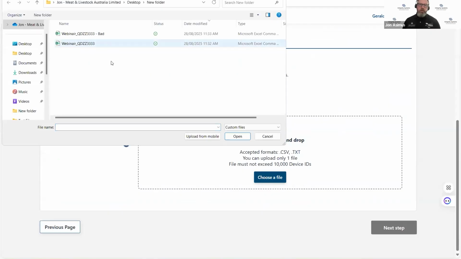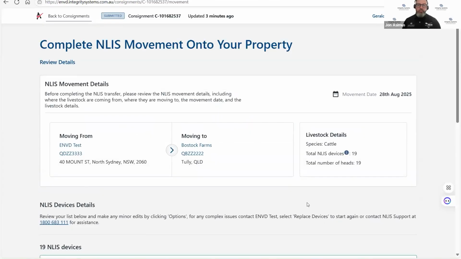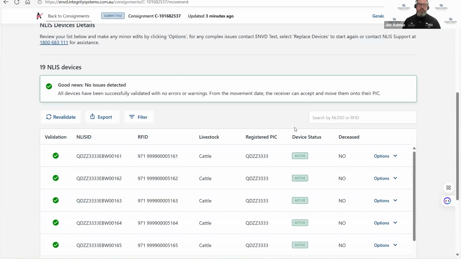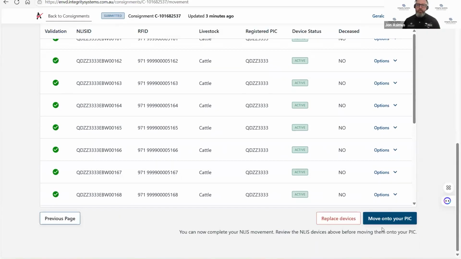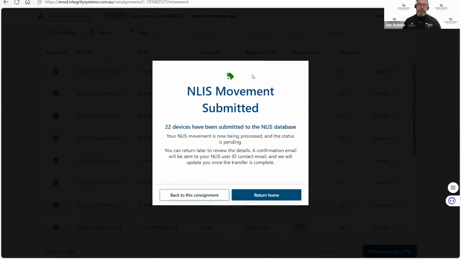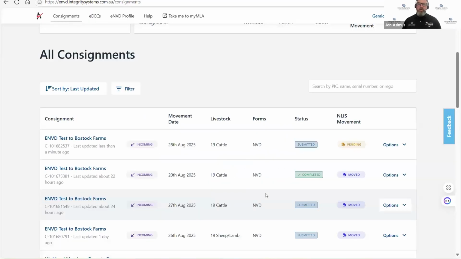So this time I'll just pick one that doesn't have any errors. And then it processes the same thing, does the same checks, but this one, it plays back and says no issues detected, so that's great. All I need to do the transfer is just to move on to my pick, and that's it. What that does is it reaches out to NLIS, it submits the movement for you. You get the same notifications as you do now with NLIS. So you get all the emails saying I've moved them on. So it's pretty much just replicating exactly what you do in NLIS now, but you're just being able to